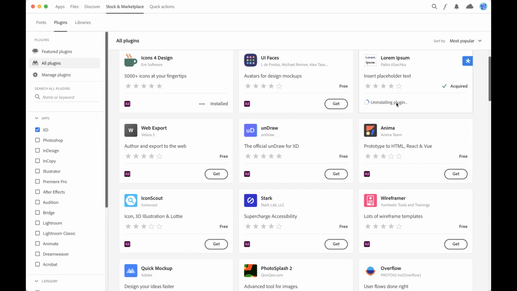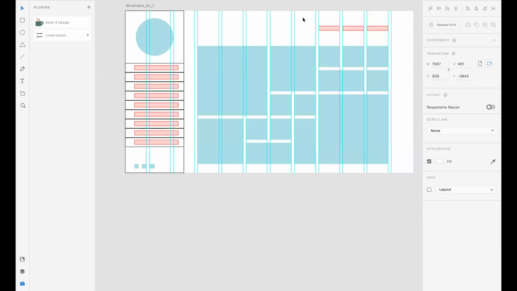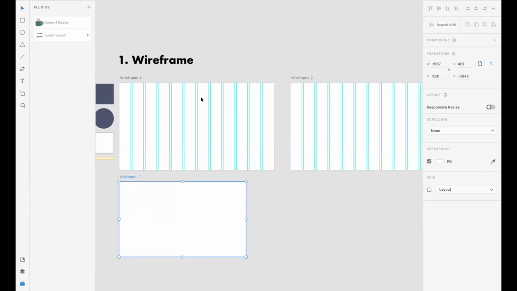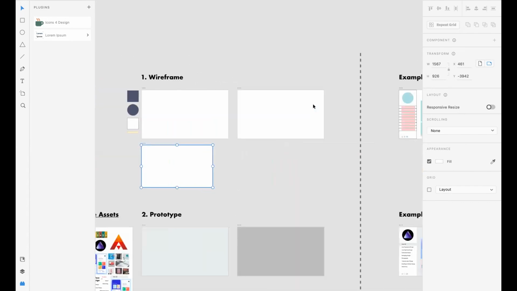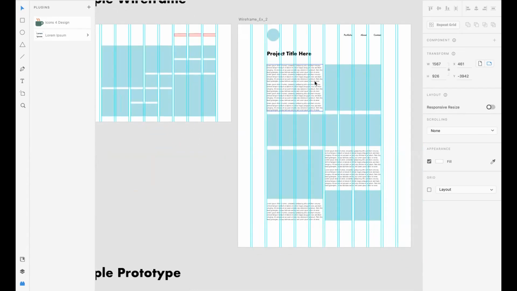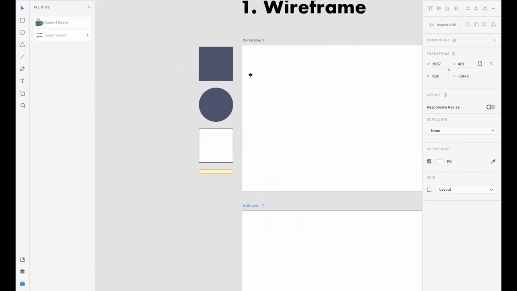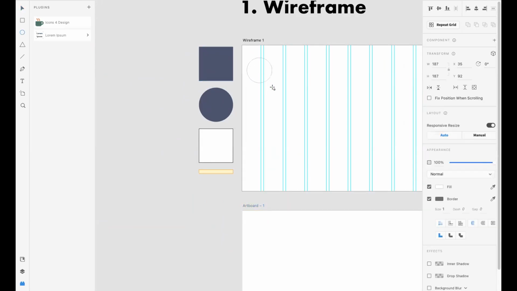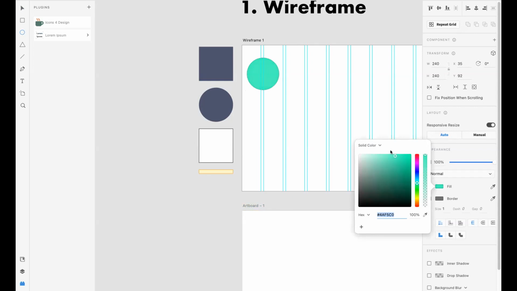Okay, so now we're going to create a wireframe that will resemble something like this. So you've got these two blank wireframes here, and we're going to make something that resembles this homepage and this project page. So on the left here, that's where we can put our menu. So we can create a circle. Again, that's holding Shift to create a perfect circle. Give that a nice blue fill or turquoise fill,